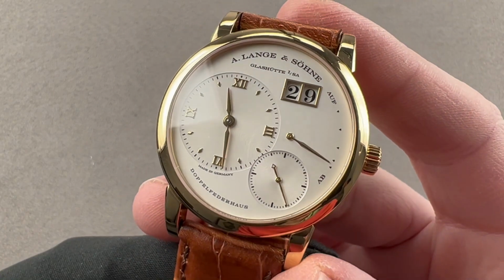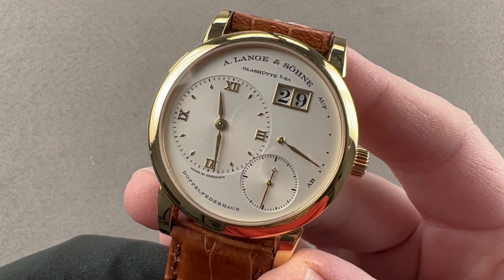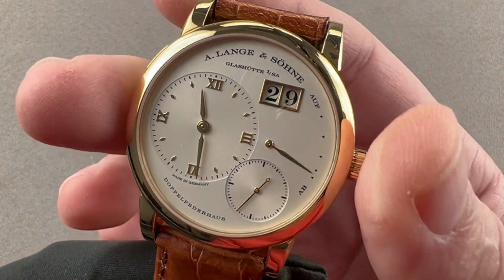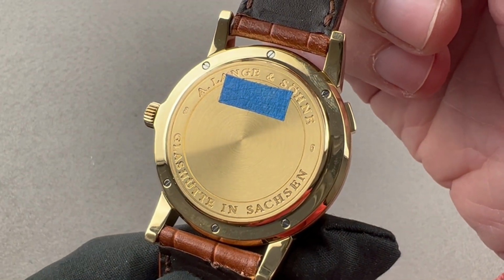And you will want details because this is an all-timer, not just an all-time great model and the unarguable icon of the modern Lange Sohne. This is one of the earliest Lange watches made in the modern era. The Lange 1, reference 101001 in yellow gold, 38.5 millimeters, and it's one of the earliest watches with the solid